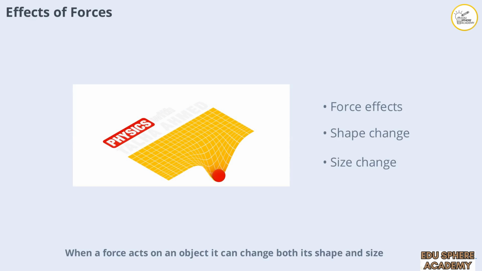analyzed. When a force acts on an object, it can change both its shape and size. This is the essence of deformation. For example, stretching a spring or compressing a block demonstrates these effects. The diagrams shown here illustrate different types of deformation, such as tension and compression. These are the main focus areas for this chapter. Understanding how forces cause these changes is crucial for analyzing material behavior and predicting how objects will respond in real-world